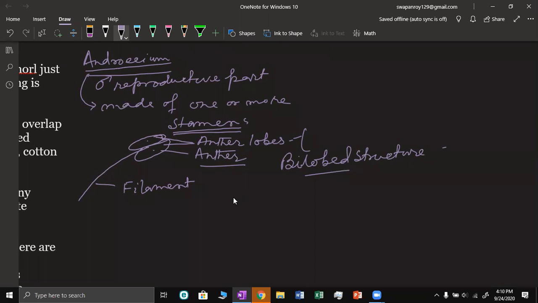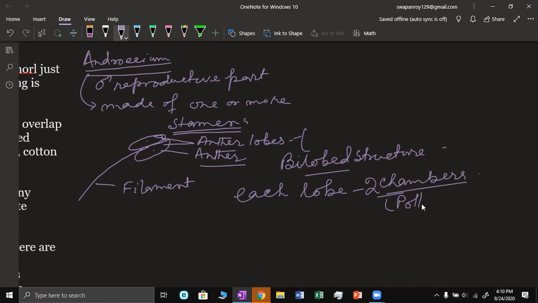And in each lobe, there are two chambers. So altogether there are four chambers, we can say, and these chambers are also known as